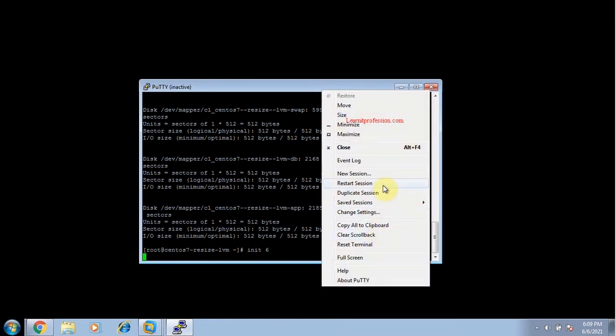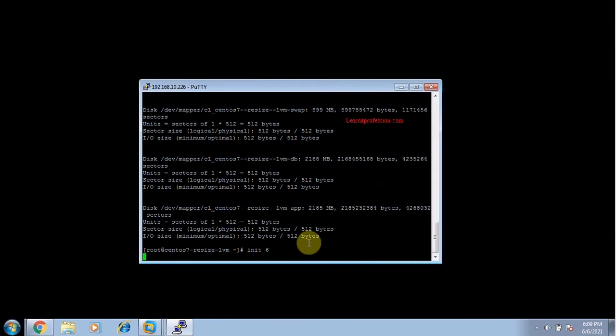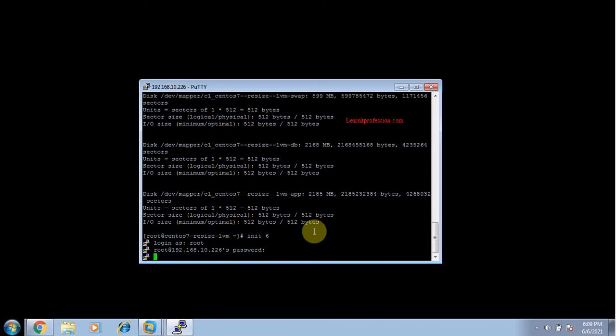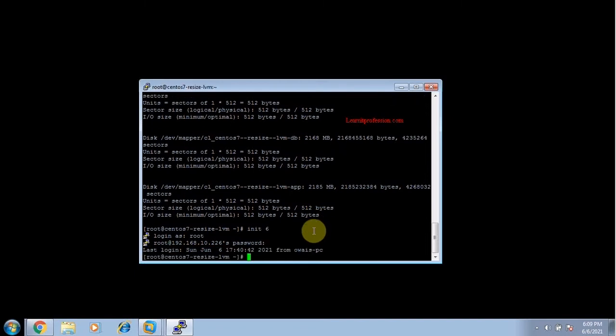Take a PuTTY session again by restarting the session. User root, type the password of root. Type the command clear.